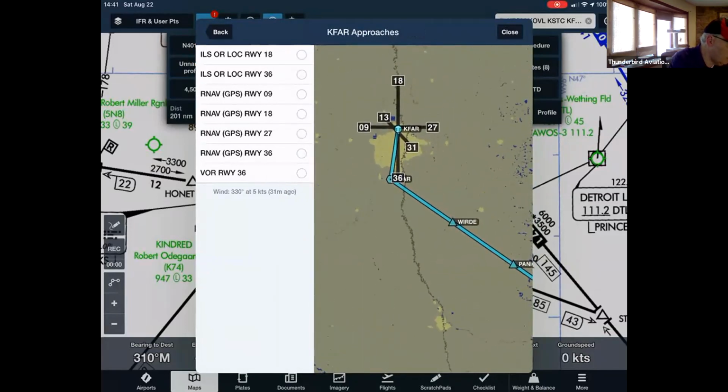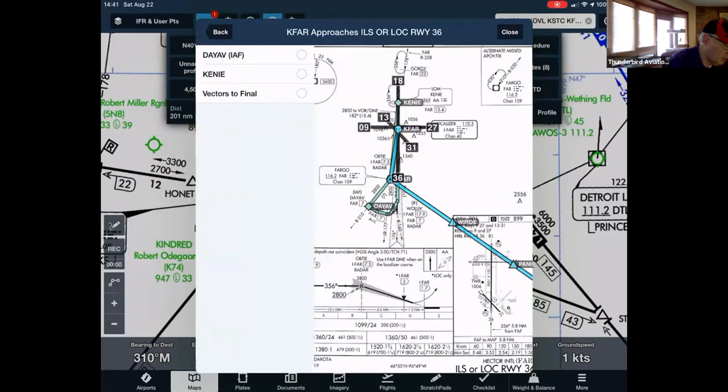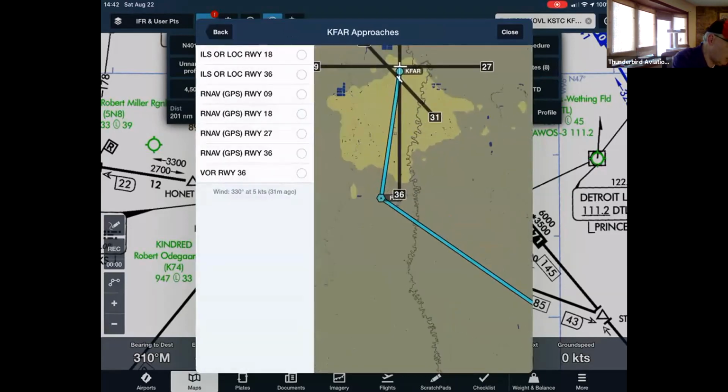again, you got the winds down there at the bottom, so you can choose, oh, that's probably going to be ILS 36. So on your chart, if you've got the $200 version, you'll get the chart right on the map, and it'll draw the line for your flight from Fargo out to DAYF, fly the ARC, fly the ILS inbound, and land. And if you have to, go to Kinney for the hold. And it'll draw that information right on the, whoops,